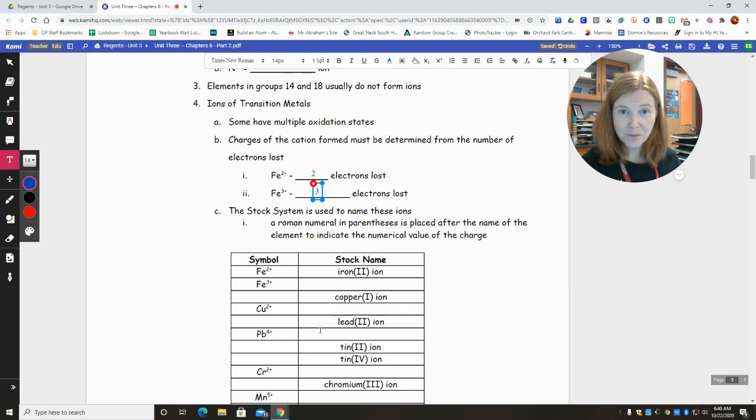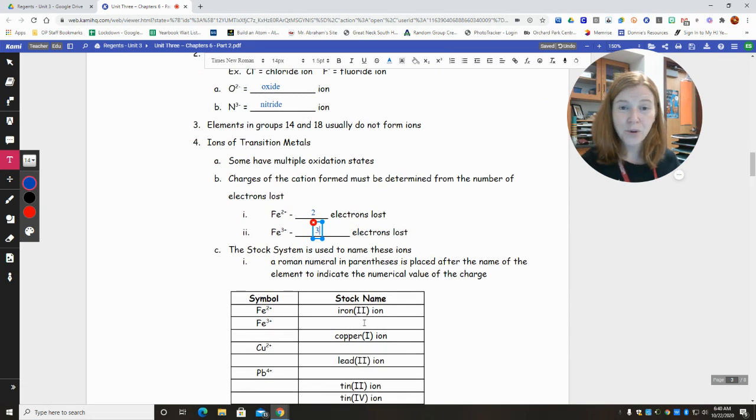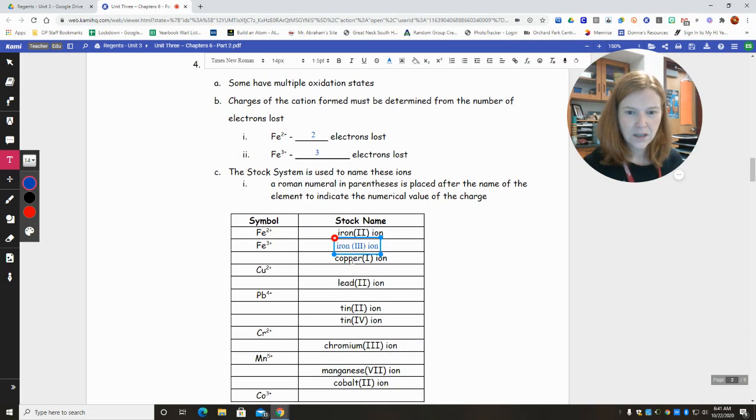When you have a transition metal with more than one possible oxidation state, more than one possible charge, when we write the ion name, we are going to put in a Roman numeral to denote the charge. So for example, Fe plus 2 is iron 2 ion. Fe plus 3 is iron 3 ion. Copper 1 ion would be